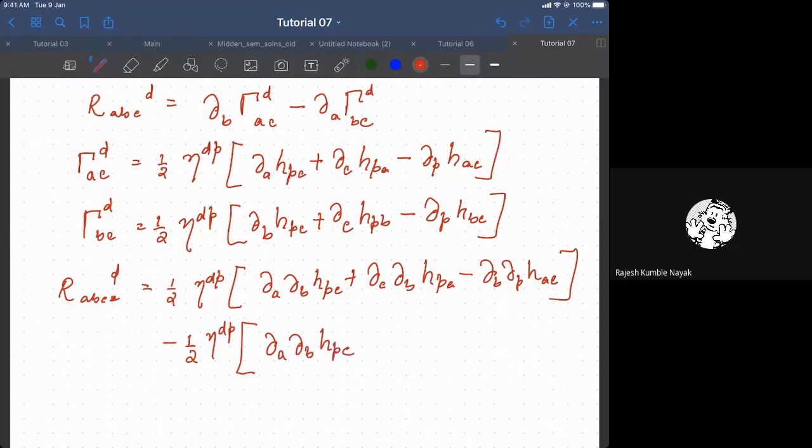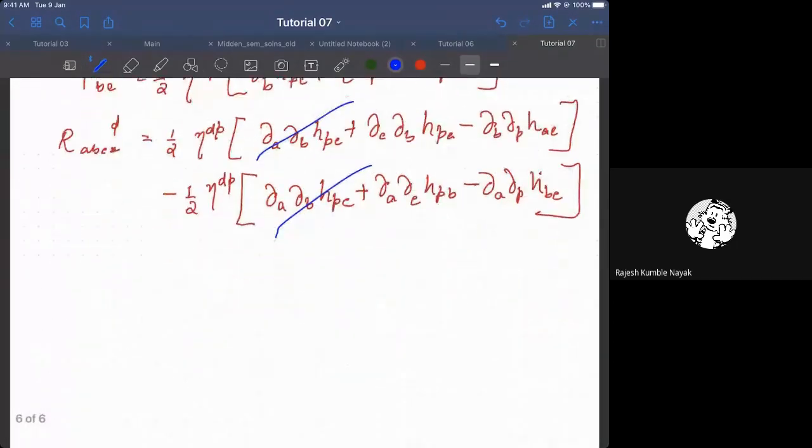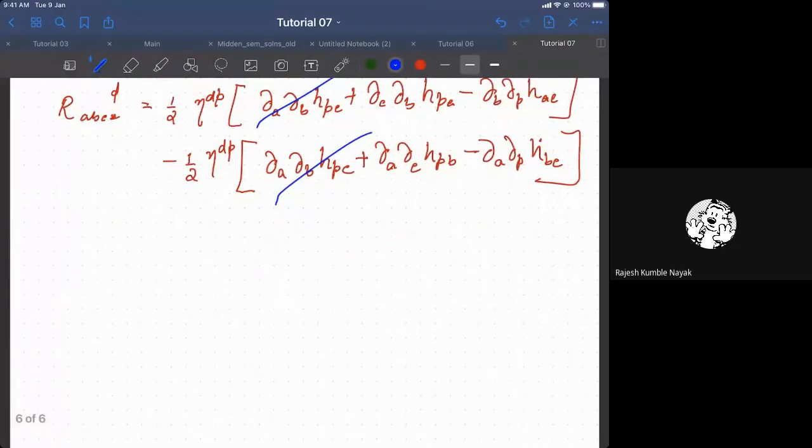It is the same term. d_B d_C h_AP minus d_B d_P h_AC. Now you see that some similar terms are there, so we get rid of them, especially these two. So we get rid of these two terms,